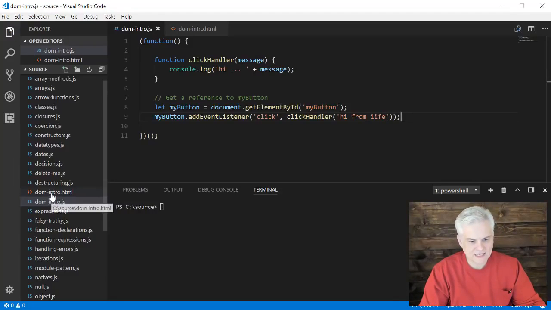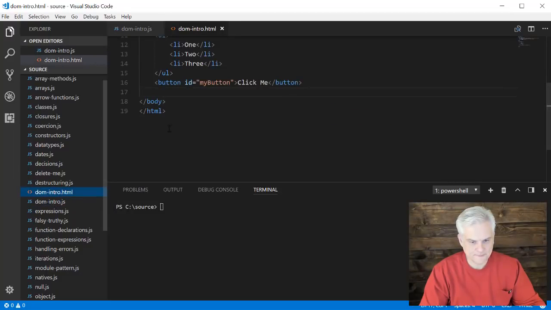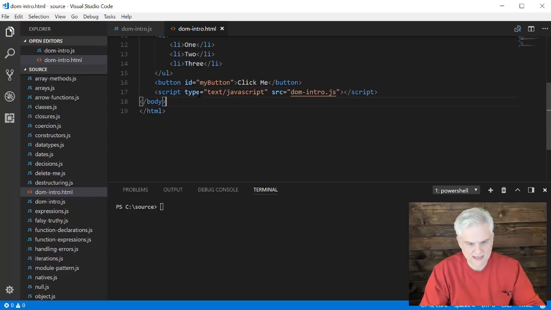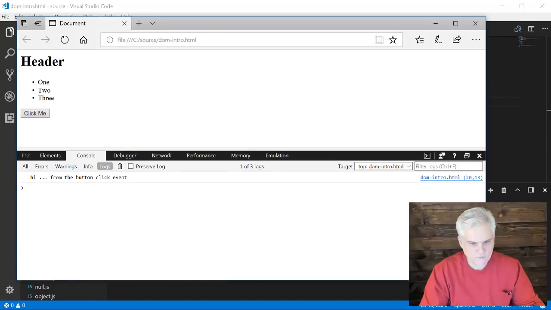Now I need to go back to the domintro.html. Here I'm going to add a script tag like so, script type equals text/javascript, source equals, and then we'll give it the name domintro.js, like so. Save that. And now, hopefully, let's load this guy up, refresh, and you can see